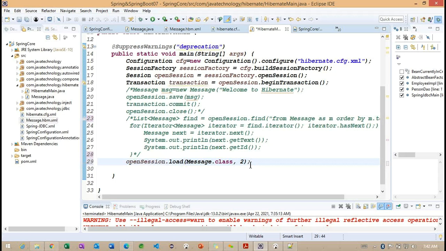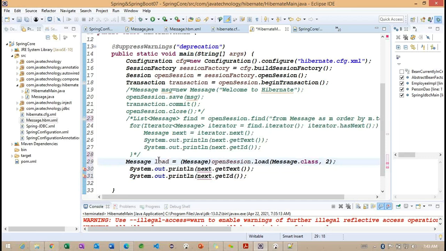Now you can see what exactly this particular load method will return. It is trying to return an object here. Getting the point? Now what we need to do is convert it into our object style. What is our object here? We have something called Message. So here, let me add the conversion. I converted it into object style here. Simply, I want to print these two sections.